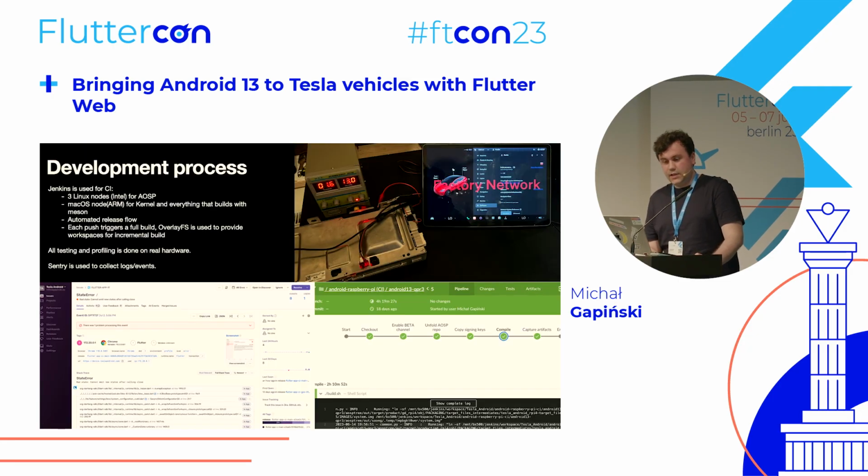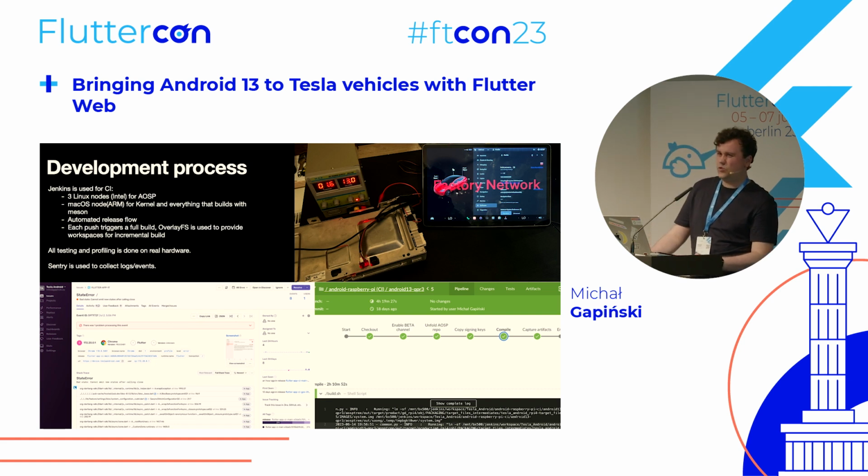A few things about the development process. I use 3 Mac Minis for CI, and everything is built on Jenkins, and every component that can be built on ARM is built on ARM because it's much faster. The entire release flow is automated, and given that I wanted each push to the main repository to trigger a full build, I got around very long build times by using overlay file system to generate workspaces for incremental builds. And this is a huge space saver because one Android build system is like 350 gigs